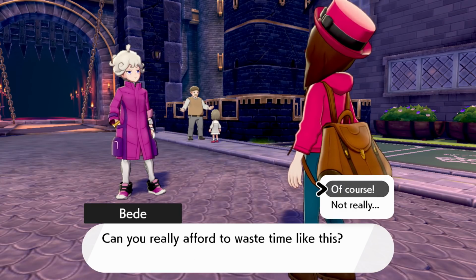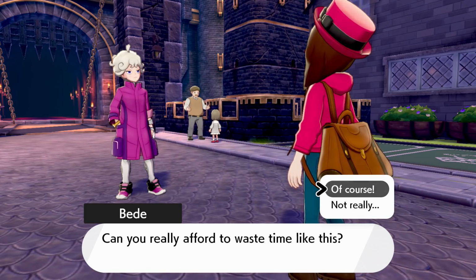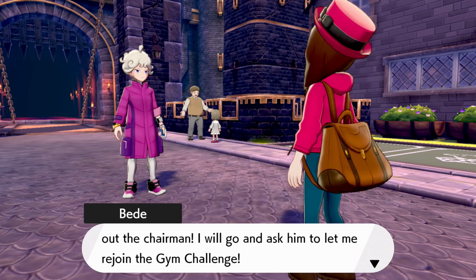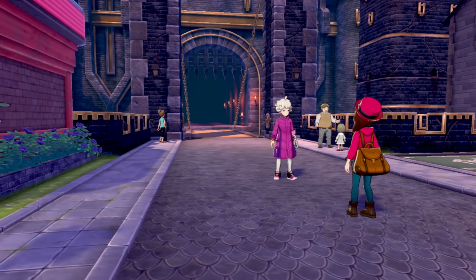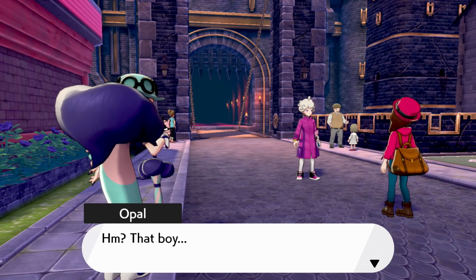Can you really afford to waste time like this? Absolutely, and I'd love to just kick your ass too just for fun. I must become the champion in order to help out the chairman. I'll go and ask him to let me rejoin the gym challenge and... okay, no actual fight yet, but Opal...